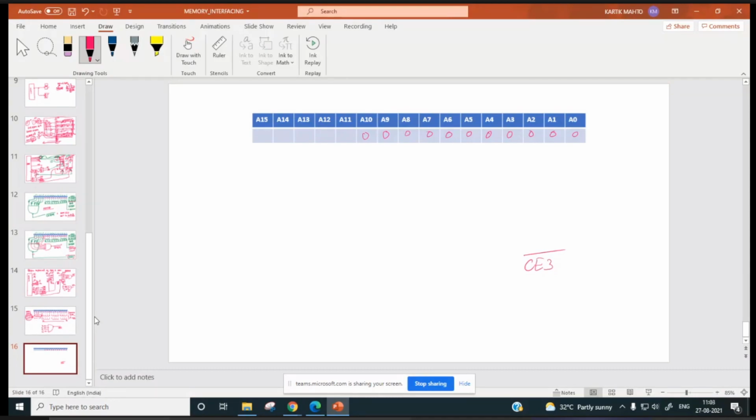So 0, 0, 1, 0, then 1, 1, 1, 1, 1, 1, 1, 1, 1, 1. So this is the last address. Here onwards, CE bar 3 will be there.